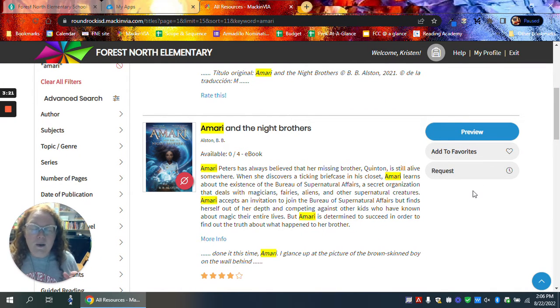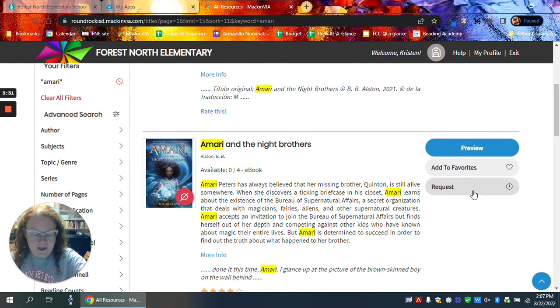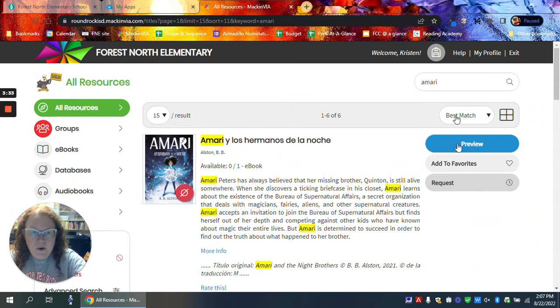the waiting list for it, and when it's ready for you, it'll send you an email to your Round Rock ISD school Gmail account saying, hey, that book that you requested on MackinVIA is ready. Log in and you can read it now. So that's good too. I want to show you something else. I'm going to go back to Shining Star